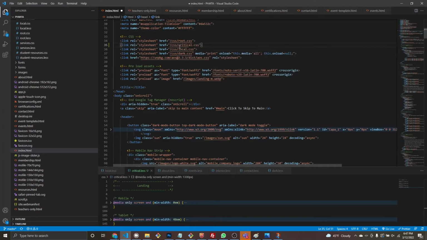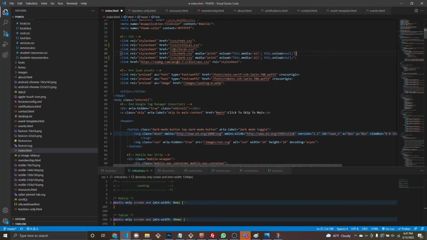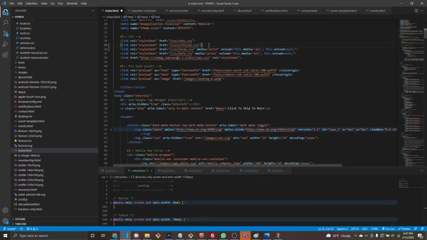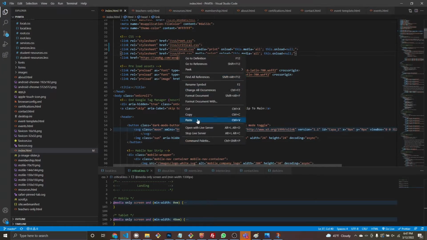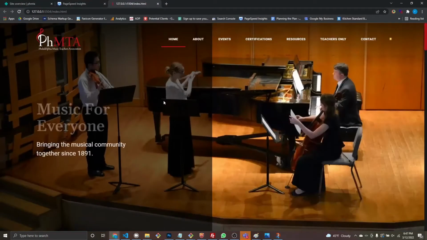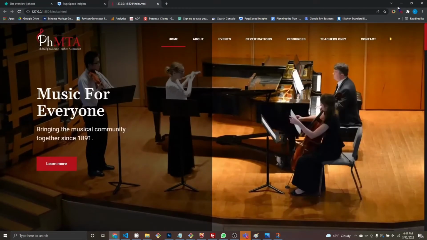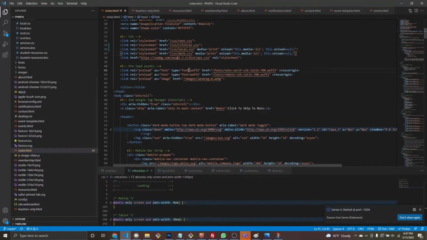So critical.css, okay? And then we take this again, and we change the file path to be local. And then we remove that. And let me just make sure this still works. Okay, this still works, so that's still good. Okay. And then